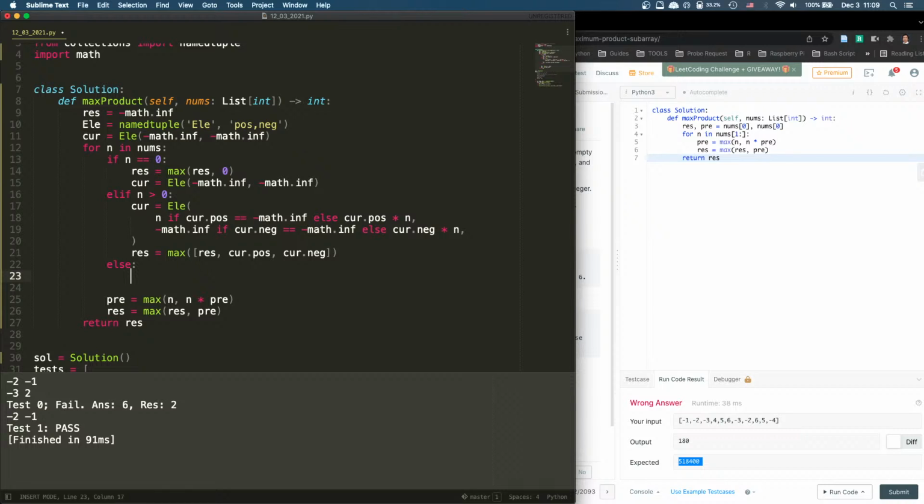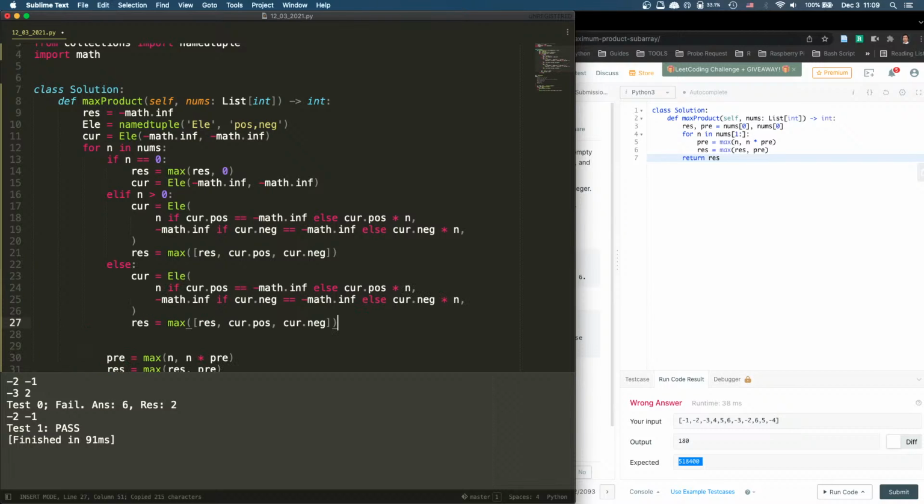this one is n is smaller than 0. So basically we do exactly the same thing, right? Now, n is negative. So if the positive is a none, then I will become none, right? Otherwise, if I have positive, has something, then I don't multiply. Because I multiply, I become negative. So I just leave as is. If the negative is a none, then I will do myself. Else,